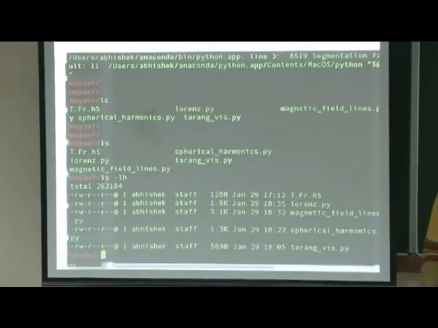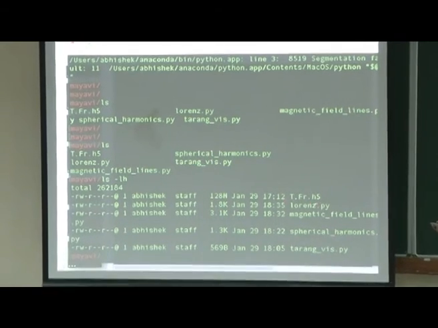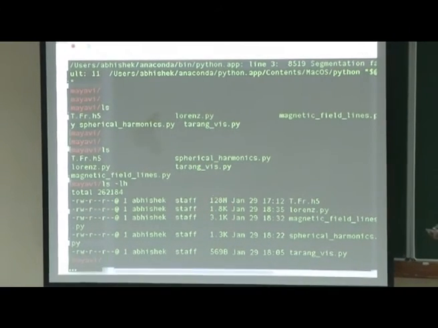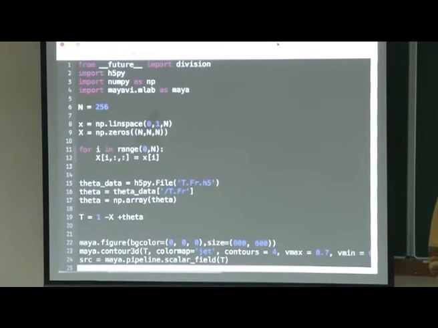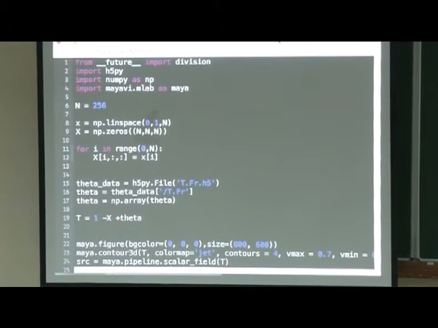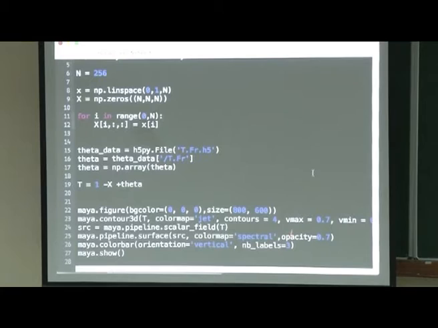So I have data.tfr.h5 which is 128 MB, and let's do this. I should show you the code. Forget about this. You should just take this Mayavi package. You need to install Mayavi also. You need to say conda install mayavi, then you will be able to import the Mayavi library, and just ignore this much. So I take theta and I convert theta to T, and this is the same as what I have shown in the slides. So let's run this code.